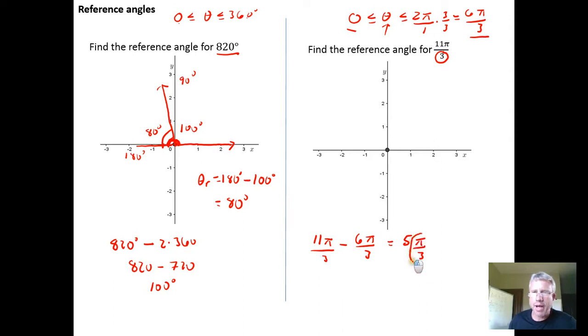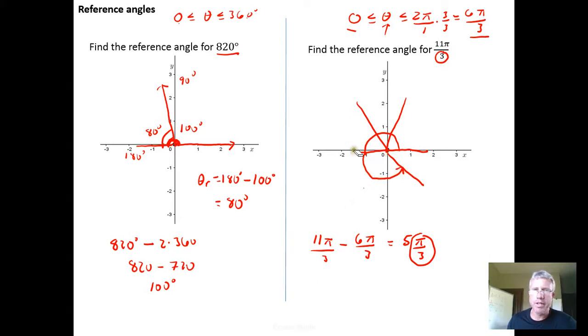Well, pi over 3 says take the pi radians up here, the 180 degree rotation, and divide it into 3 equal chunks. So if I divide it into 3 equal chunks, I'll get something that looks like this: 1 equal chunk, 2 equal chunks, 3 equal chunks. Those are 60 degree chunks. Break the lower half plane into the 3 equal chunks as well, and count out where 5 pi over 3 lives. 1 pi over 3, 2 pi over 3, 3 pi over 3, 4 pi over 3, 5 pi